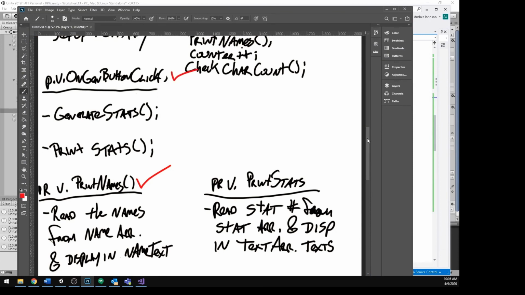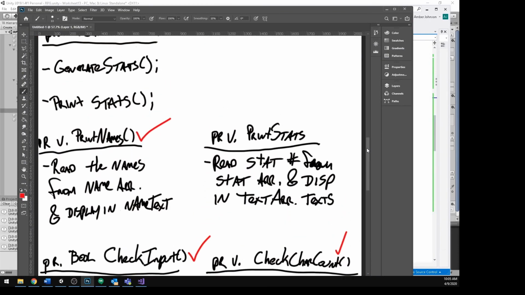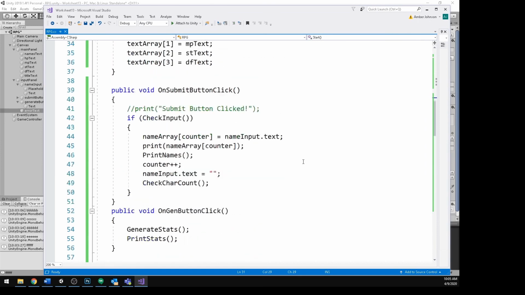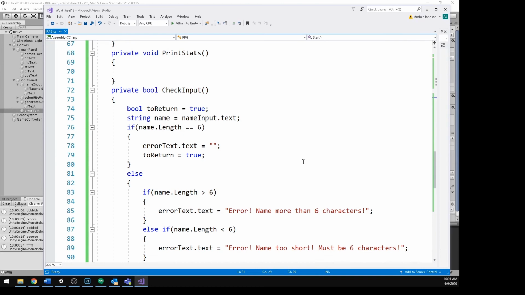And let's talk about print stats. So this is the interesting one where we are going to deal with the 2D array and that text array, and how we have them parallel, but it's more like on the Y value of the 2D array. So we're going to have to read the stats from the stat array and display them in the text array. I just want to make sure that this is working, and we're going to do this in two little pieces. First, let's just get it working. And then we are going to alter it so that it only displays for the number of characters that we